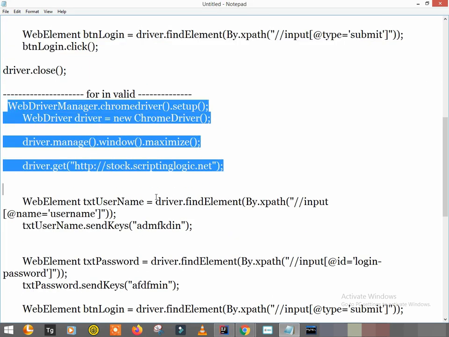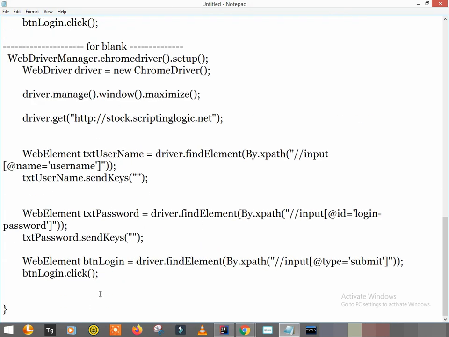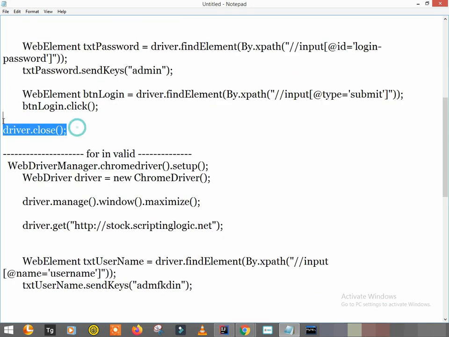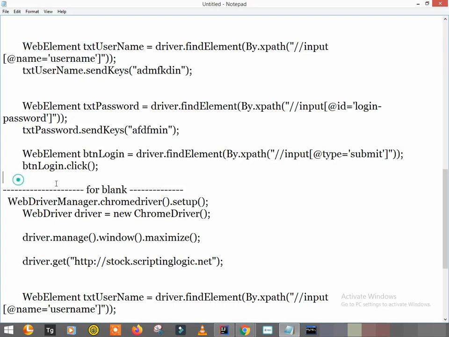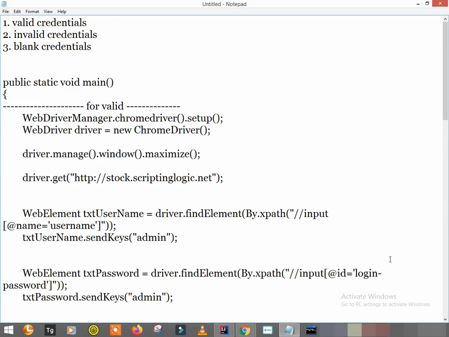Then the invalid scenario will run, then it will close the browser, and then the blank username password scenario will run, and then it will close the browser, isn't it? So this is the way I can think in case I am aware of the basics of Java. It could be one of the ways.